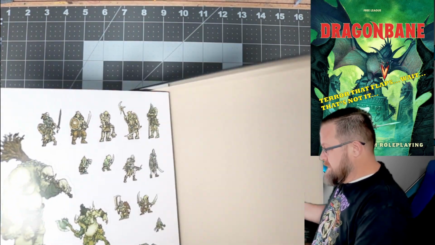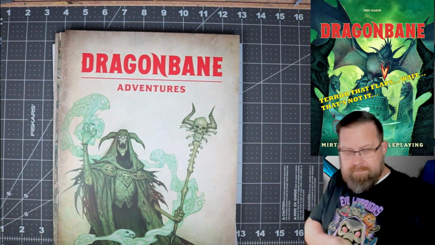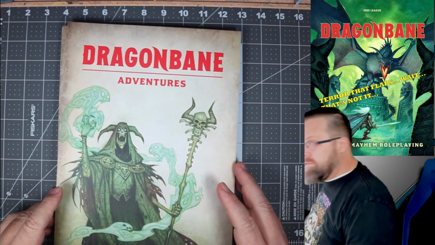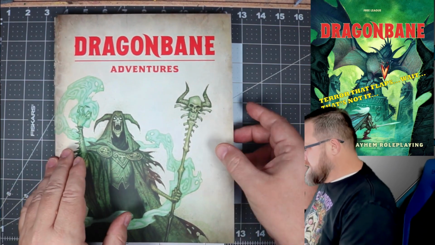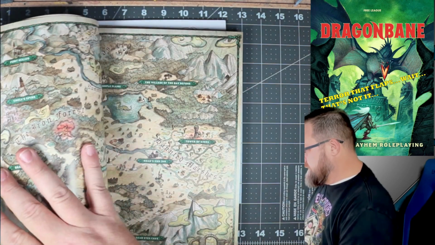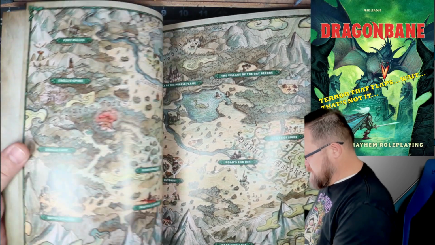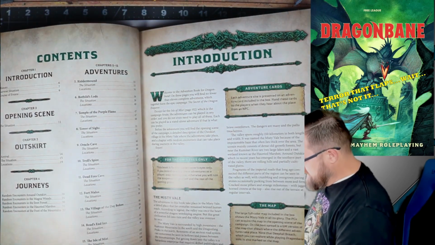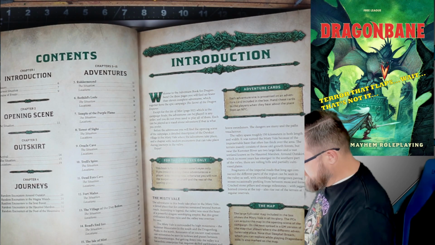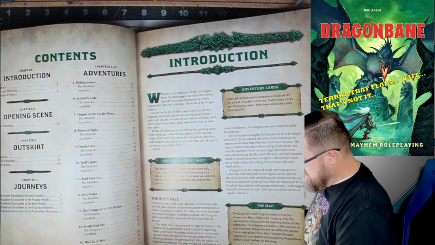All right. You know what? I'm just going to take the rest of this out. Surprise. All right. So we then have the adventure book. Basically, it is full of scenarios. So you do get a map of... What did they call this area? Okay, so this is actually...